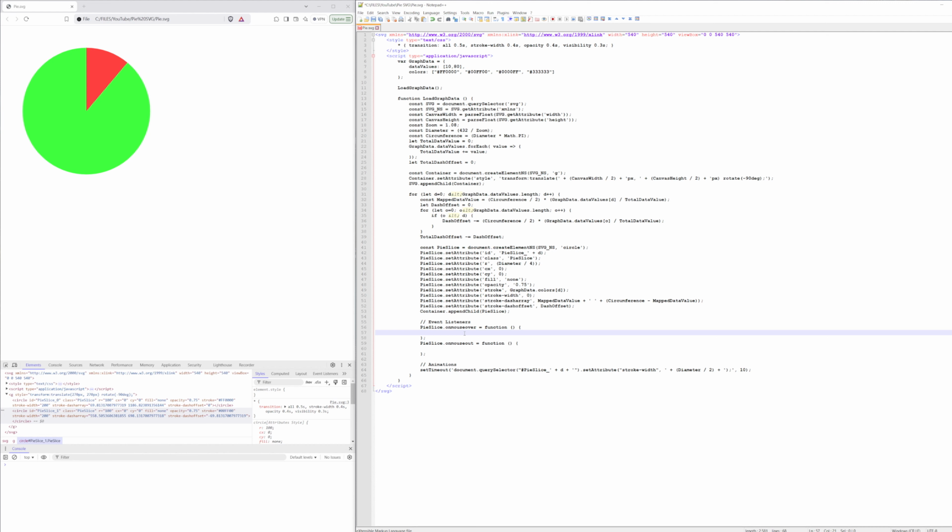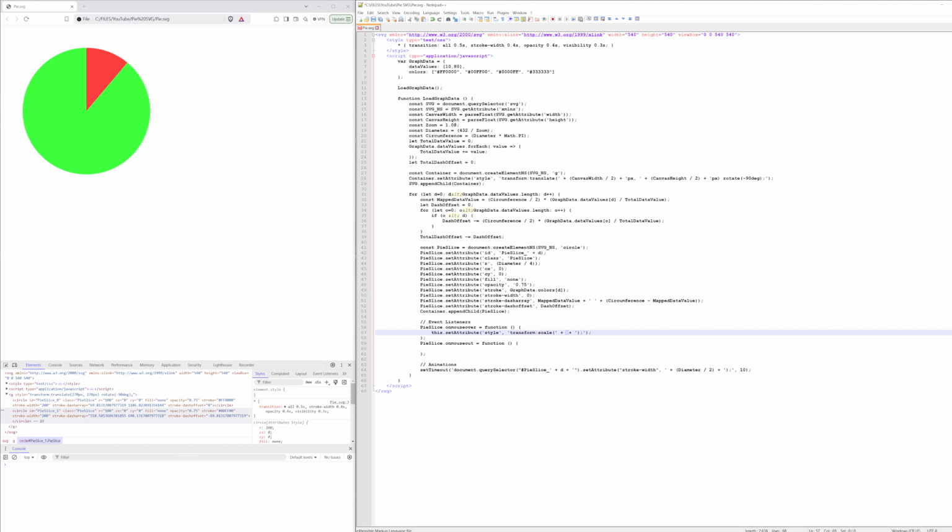So let's start with the zoom. So that will be this dot set attribute. And we're going to be setting the style attribute. And so that will be transform scale, because remember, the piece is being created at the origin point of 0, 0, so there's no need to translate positioning first. Okay, and our scale value is just going to be